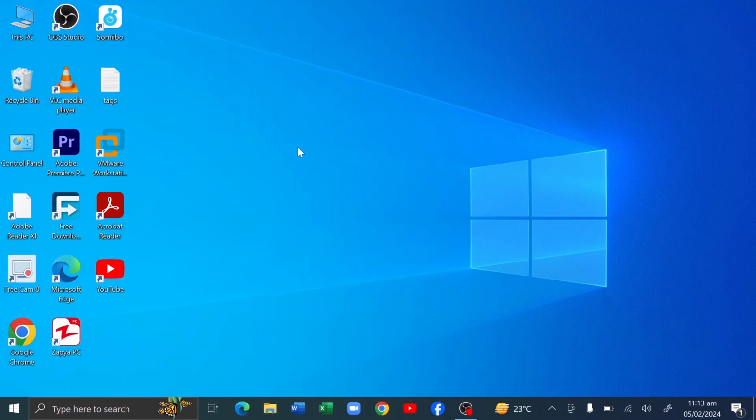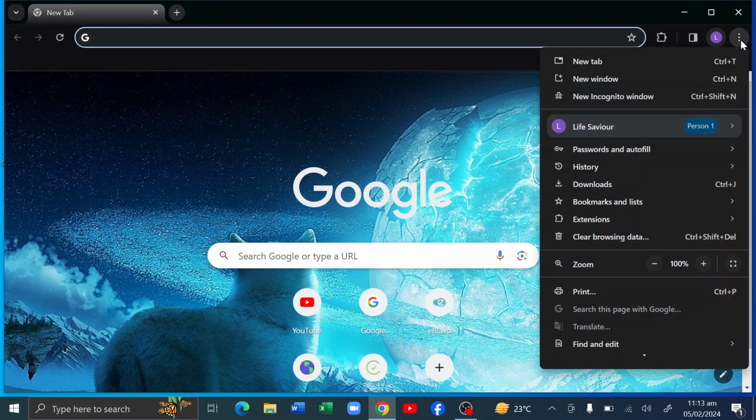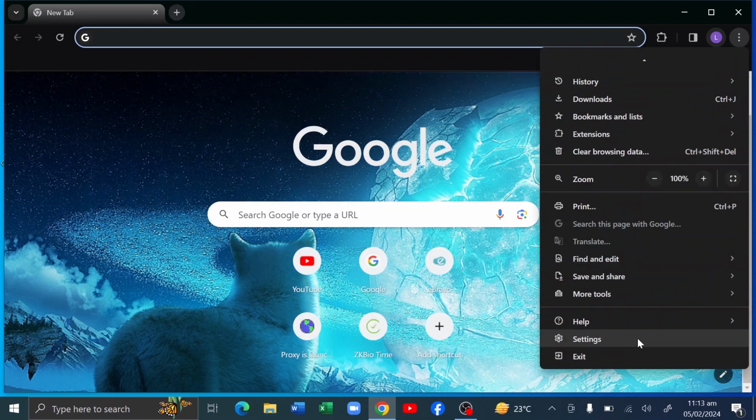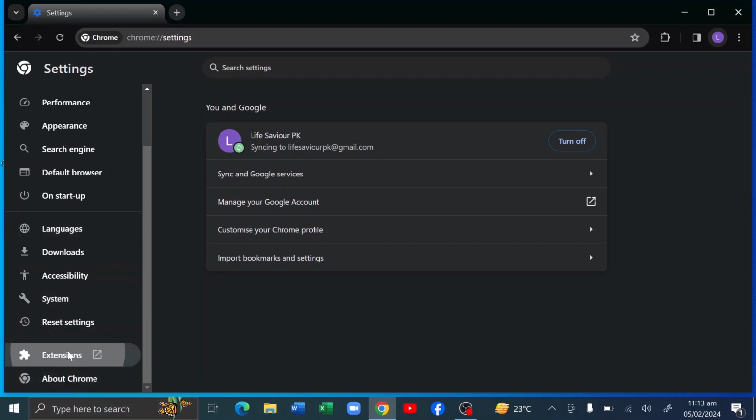So today we are going to learn how to block ads on YouTube. Just go to the Chrome browser, click these three dots and go to settings, and scroll up, then go to extensions,